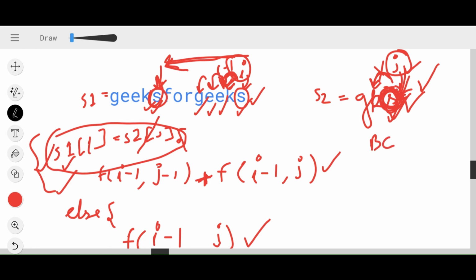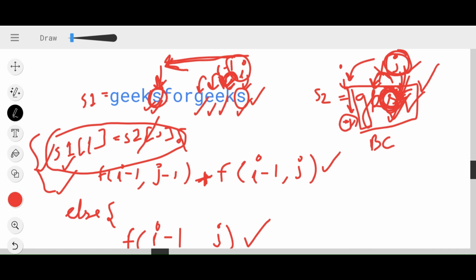There will be a point when my j is pointing to an index less than 0, which means this particular string has been traversed. Now my j is pointing to -1. What does that mean?